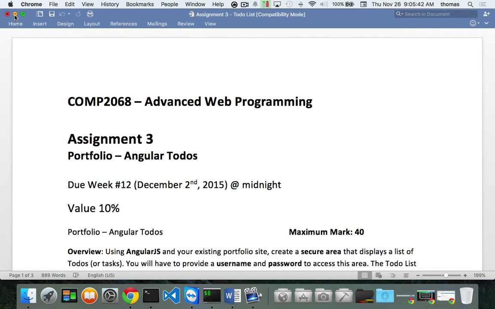So the little lab we had was due last night. I've got this assignment number 3 that I'm going to put out. It's worth 10% of your final mark, but it's just an add-on to your portfolio. What it is, it's just the Angular piece. If you've done your Angular training with Code School, then what we're going to do with this one is add on